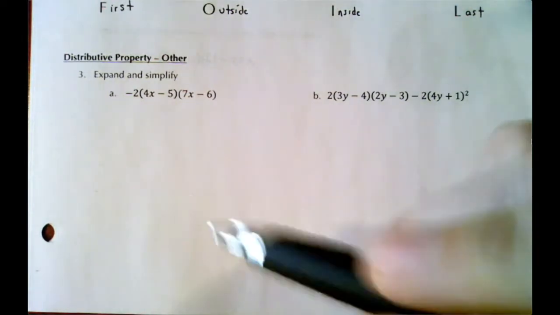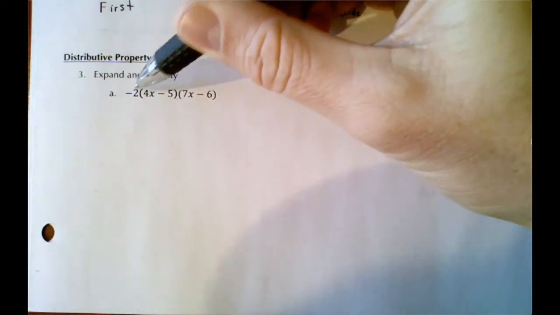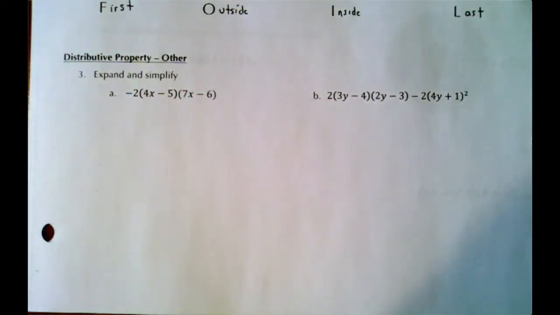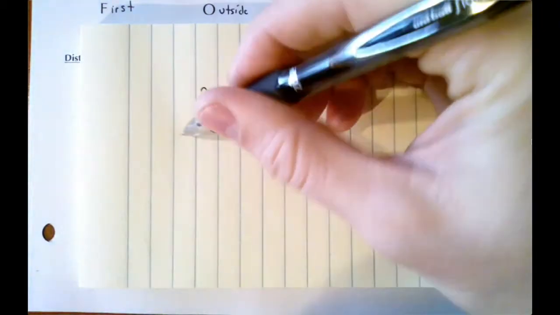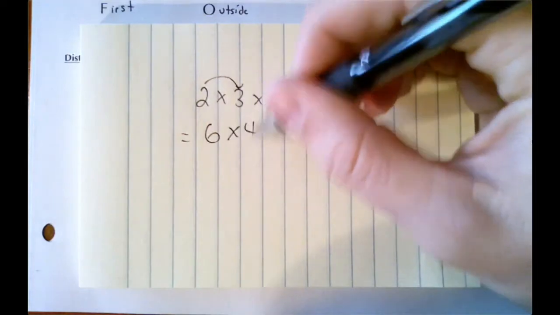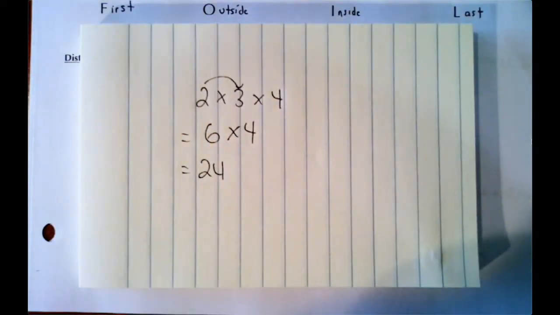So let's start with just the 2 multiplying in. The key here is that the 2 only multiplies the first bracket. It does not multiply the second bracket. And the reason why, well, if this is just multiplication, let's think for a second. If we had 2 times 3 times 4, how would we do that? Well, we'd do 2 times 3, and we get 6, and then we'd multiply by 4, and we get 24. What we wouldn't do